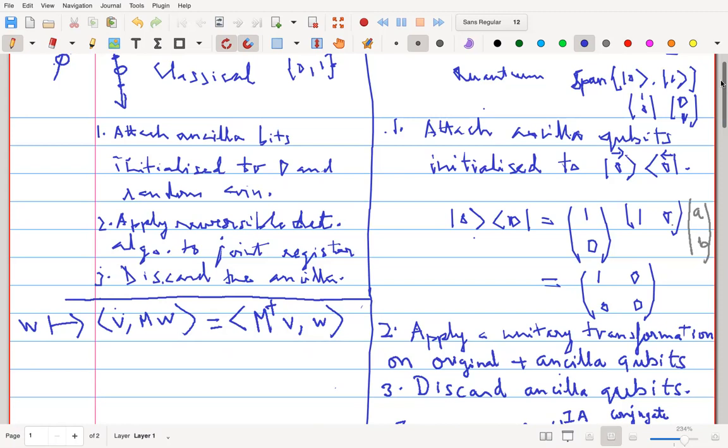Even after the formalization was done, already by the late 30s, von Neumann formalized it with Hilbert spaces. But I'm sure von Neumann and the people at that time did not realize the deep consequence of this. Only now we are realizing it. And these days, the more we do quantum information theory,